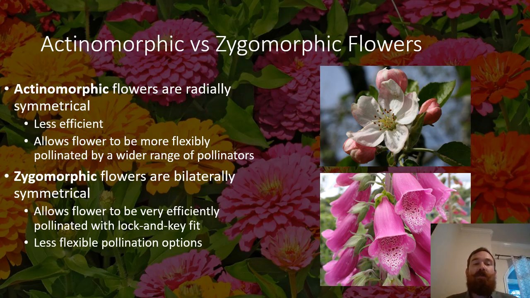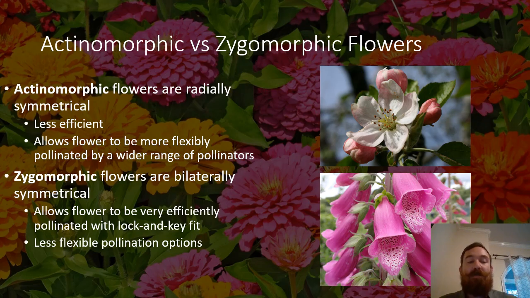Actinomorphic flowers have less efficient pollination. The pollinator can approach the flower from any angle, but the pollination is less targeted and is more random. Usually the goal is basically to cover the whole body of the pollinator in pollen so that it's more likely to successfully transfer pollen to the next flower. But this arrangement does allow the flower to be more flexibly pollinated by a greater range of different species of